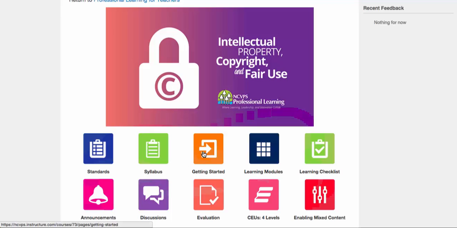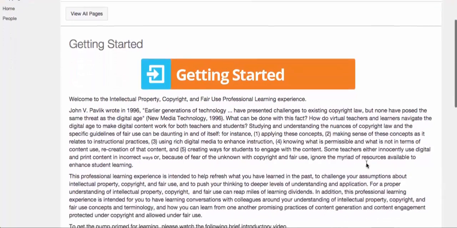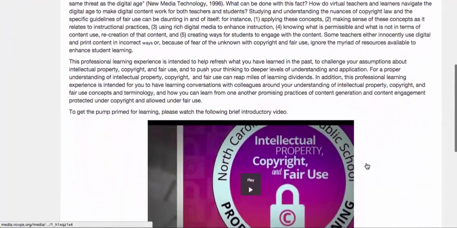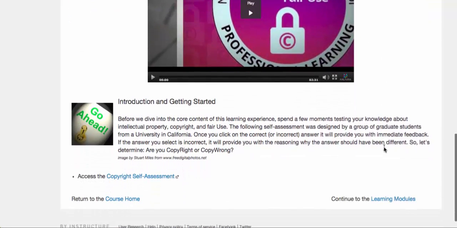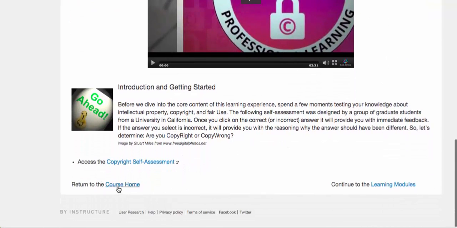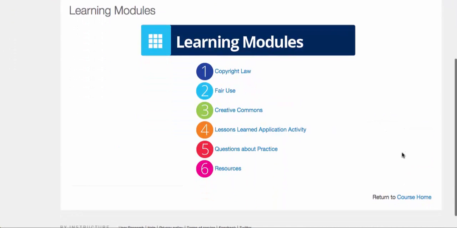Don't forget to always access Getting Started before you access the learning modules for a course. In fact, let's do so right now. Here we're visiting the Getting Started page, and we have a bit of text that we should read and a video that we should view. But we also see down here at the bottom that we always have breadcrumbs telling us where we need to go. So let's say we're ready to go to learning modules, and here we will find the 6 learning modules